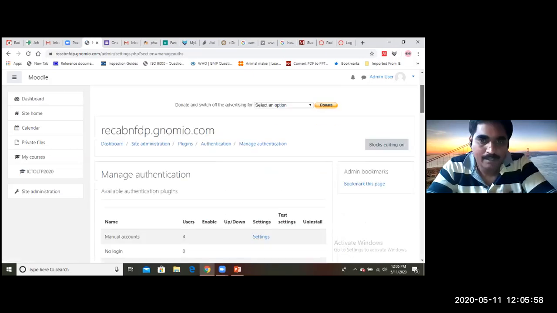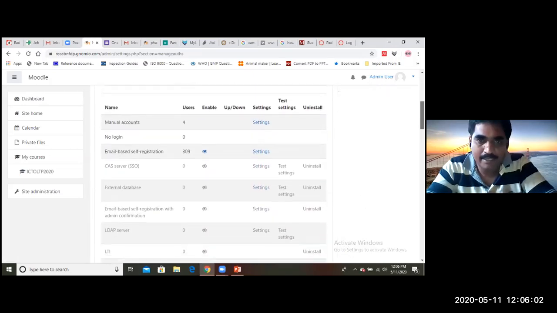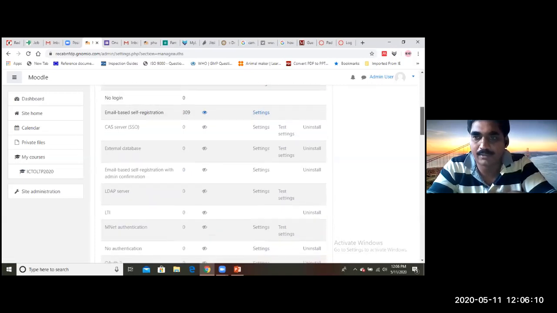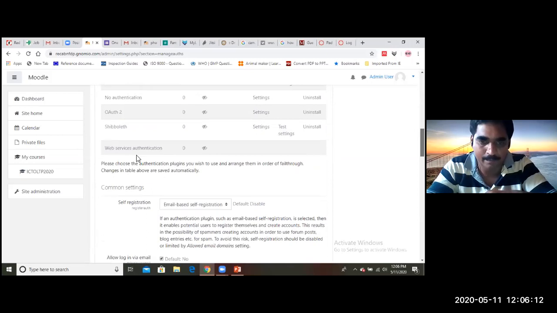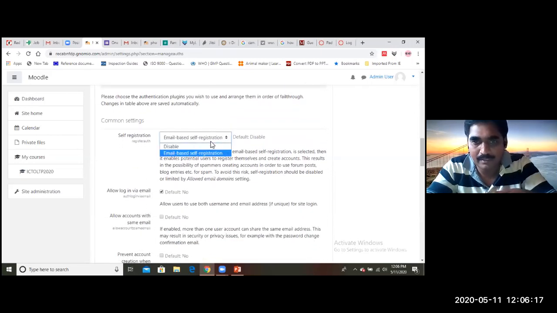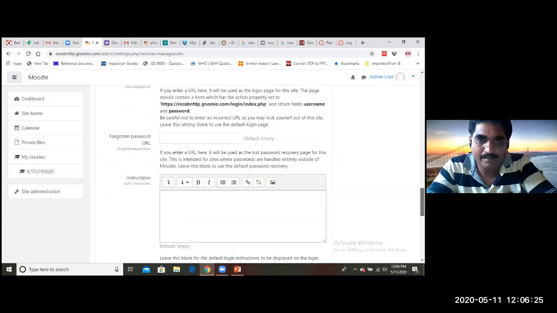After this, clicking on manage authentication, you see here email-based self-registration is on, and 309 participants have already enrolled by this method into the course. When you come down, under self-registration, if you click here, two things are available: disable and email-based. Click on email-based, go down and save changes.